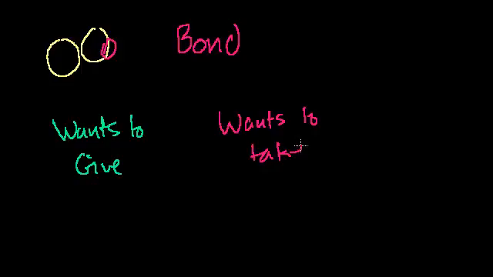And we've talked about this before. An atom that wants to give an electron wants to give it because it's trying to get into a stable configuration in its outer shell. Everyone wants to look like the noble gases. They're all envious of the noble gases because the noble gases have 8 electrons in their outer shell. So who wants to give?